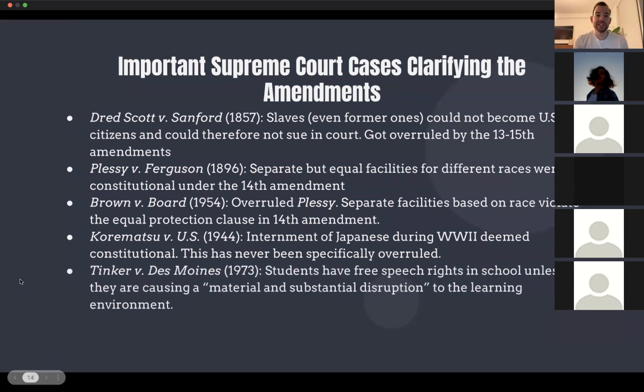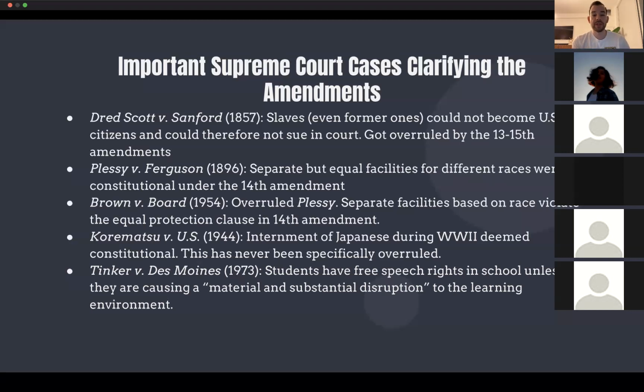In 1969, Tinker v. Des Moines, very important case for students' rights in school. This is probably the most important case about student free speech rights. It says that students do have free speech rights in school. That had never been said before. So students do have free speech rights in school unless they are causing what's called a material and substantial disruption